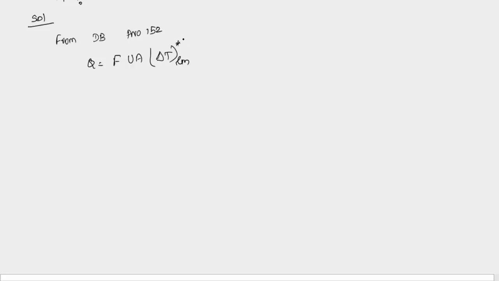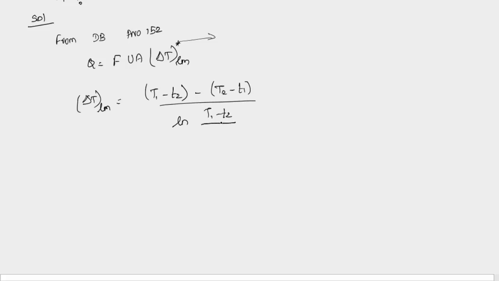Here A star is given in the data book, and the star represents a cross flow heat exchanger. You have to take the del T LM formula of the counter flow heat exchanger. So del T LM formula will become (T1 minus t2) minus (T2 minus t1) divided by ln of (T1 minus t2) divided by (T2 minus t1). Substitute all the values here and you will get del T LM as 218.3 degree Celsius. Now you have to find out the heat transfer value.